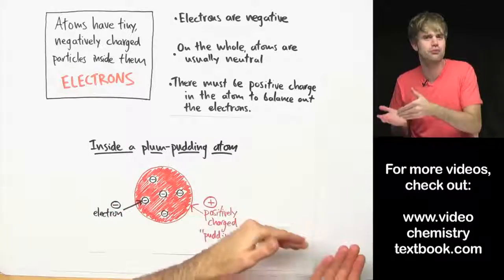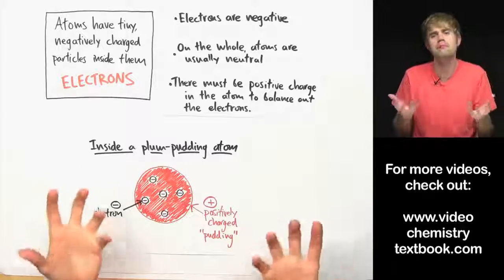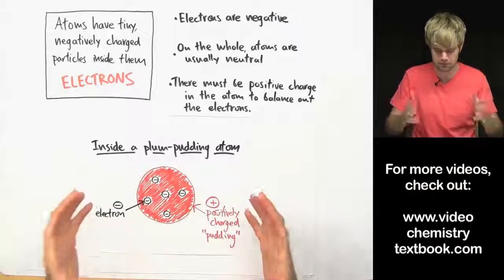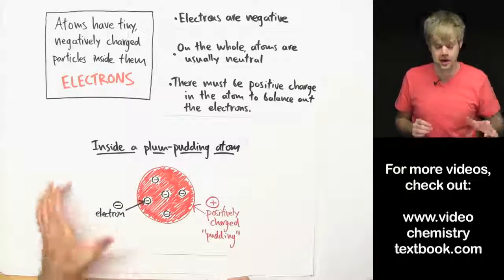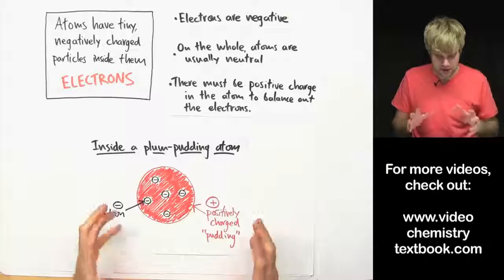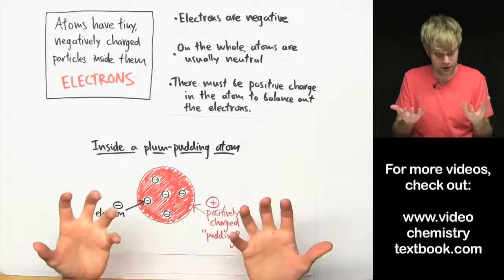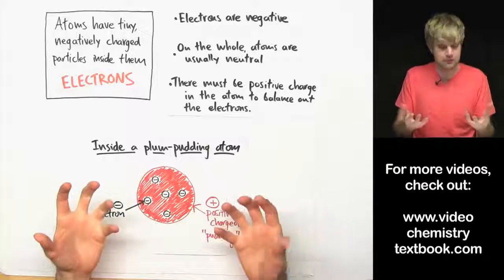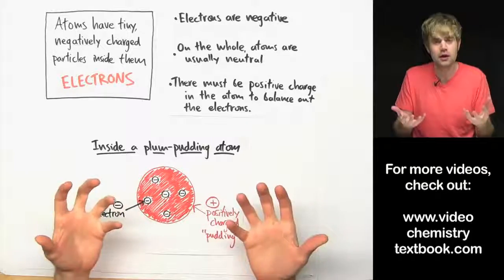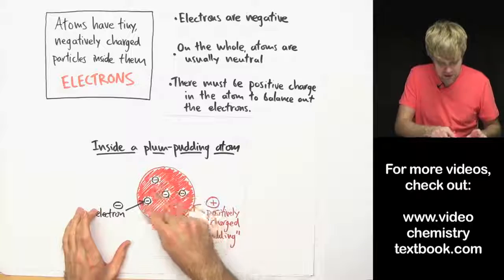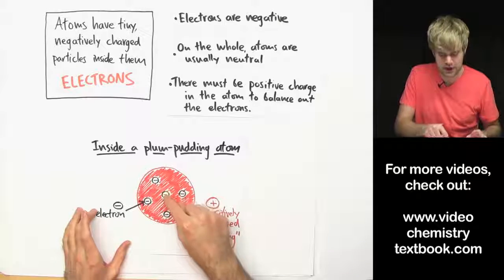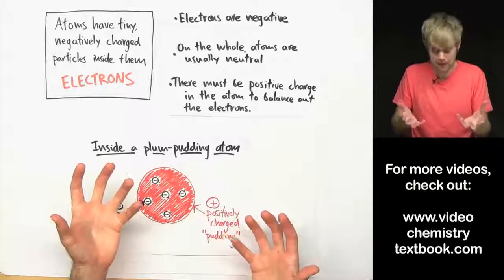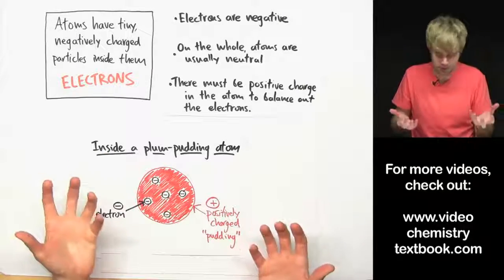Now, plum pudding is kind of a British thing, so if you're American, it might be better for you to think about this as the blueberry muffin model. And here's how it works. Thomson imagines that the atom is like a blueberry muffin, and that electrons are stuck in this atom the way blueberries are stuck in a blueberry muffin. So you have these little electrons that are stuck in the atom, but then they're surrounded by a dough. And the dough, like in a blueberry muffin,